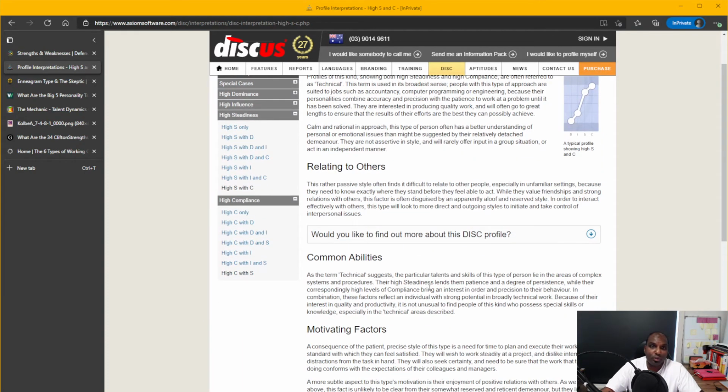So detail orientedness, patience, thoroughness, thoughtfulness, all these are part of your strengths. But in situations where you are called to make decisions on the fly, it might be difficult for you to make what you feel is the right decision. So for example, if you're in a management position and your executive management asking you to make a decision pronto, you might need to set expectations with them saying, look, I need to ensure that we have the right data to make that decision correctly.